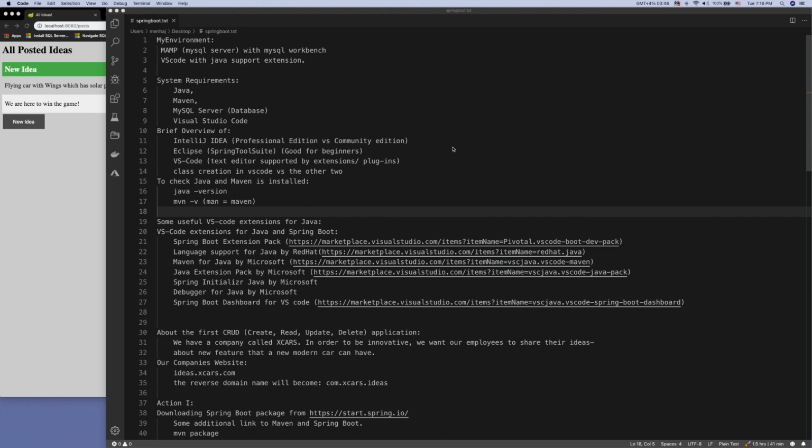This is Minaj and I will be doing a tutorial on Spring Boot, and we will create a web application which will be a full CRUD application, and that will create, read, update and delete from a database. So for this application we will use Visual Studio Code, which is a lightweight IDE and it's technically a text editor. And the reason for this is if you have an older computer and less powerful, still you can practice